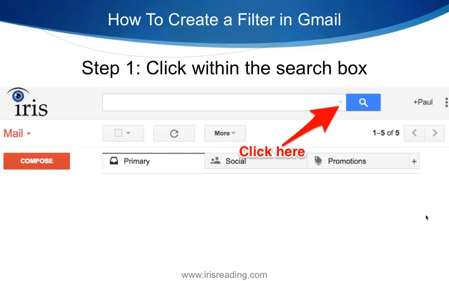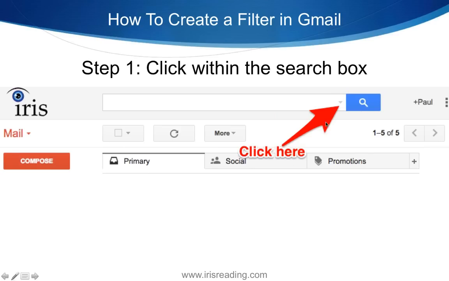Also, in the email, it's a good idea to utilize filters. I think of filters as kind of like a funnel where you get information coming in and it can automatically be processed. If you're dealing with a lot of email, instead of you doing it manually, you can have the program automatically filter it for you. Now, there are ways to utilize filters in a lot of different email programs. I'm going to go over Gmail because that's what I use. If you're using something else like Outlook, you could probably do a Google search on how to use filters in Outlook, and that will pop up. But here's how you do it in Gmail.